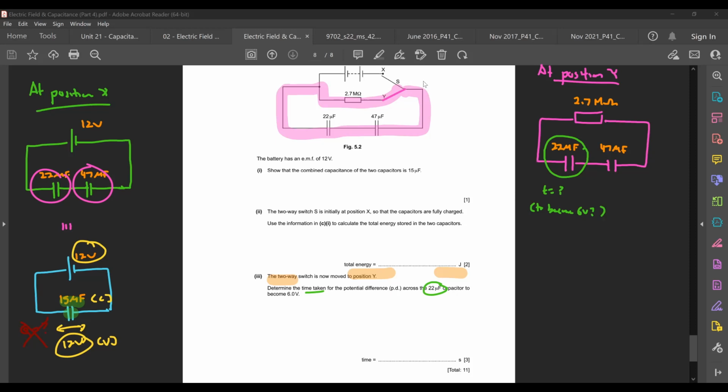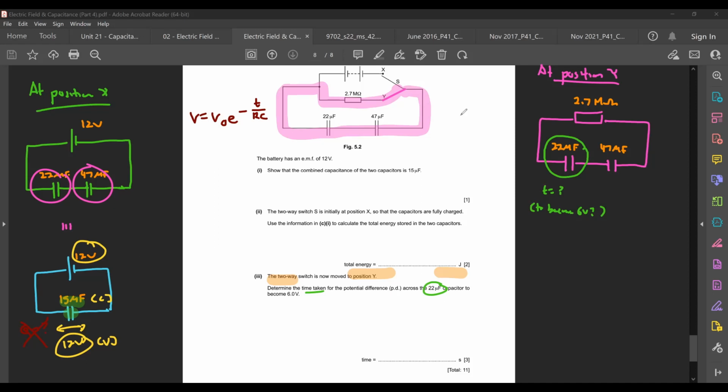So this one, since it's talking about discharging of a capacitor and it is talking about voltage, the first thing that will come to mind is this one. V equals V naught exponential negative t over RC. Okay, so this is the thing that will come to your mind here right now. So now,